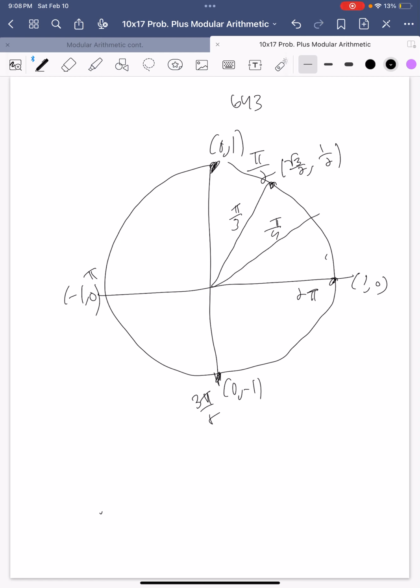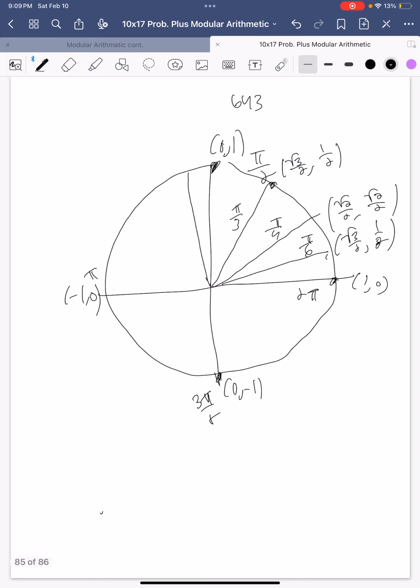And then we're going to do 4 now, pi over 4. Pi over 4 is going to correspond to root 2 over 2, root 2 over 2. Pi over 6, because 6, 4, 3, one measures again from right to left. Pi over 6, and we're going to get root 3 over 2,